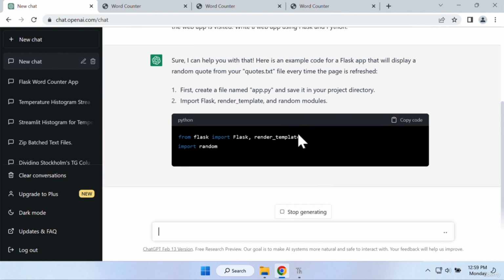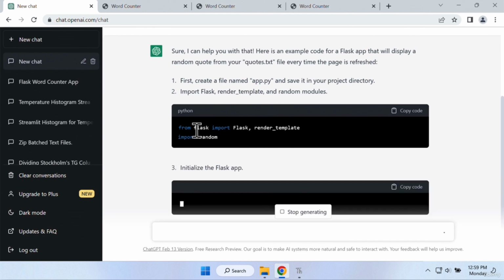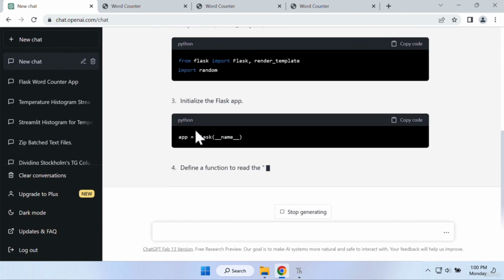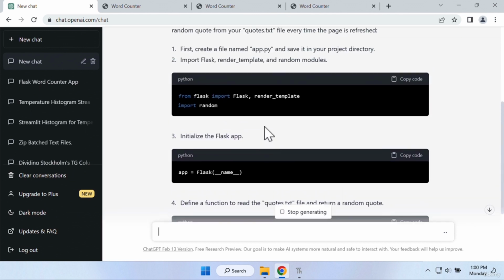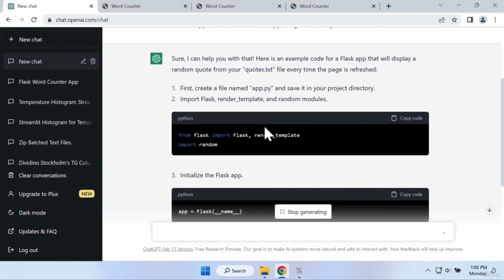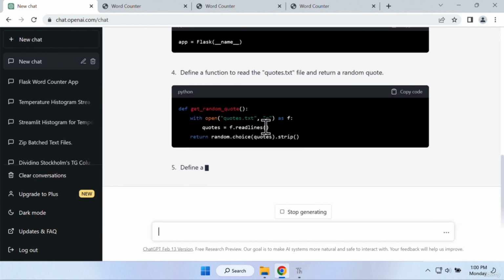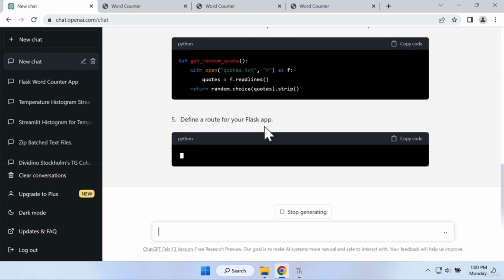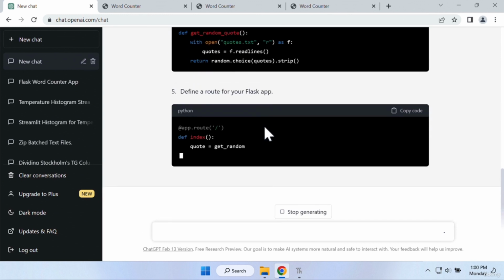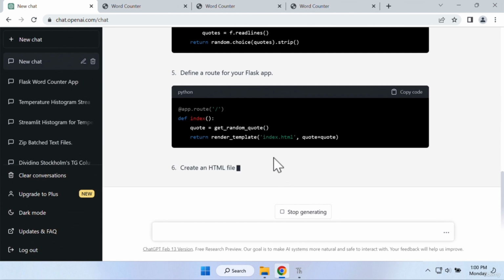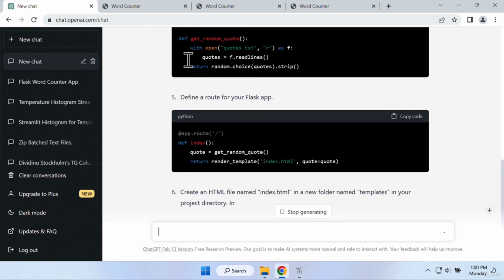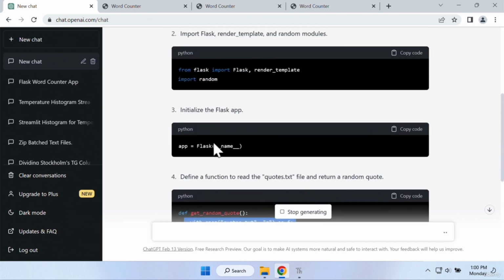So there we go, we have the Python file here. Now, this time ChatGPT is giving us the code piece by piece, which could be a bit challenging for you to get all these pieces together. So if you find that challenging, then you can wait for ChatGPT to finish generating those pieces. So basically this is the same code, right? But it's in different